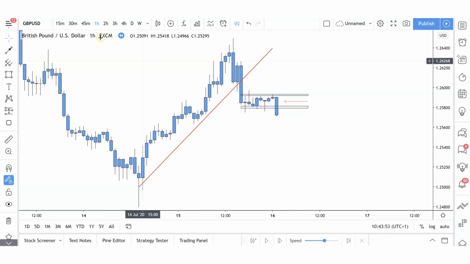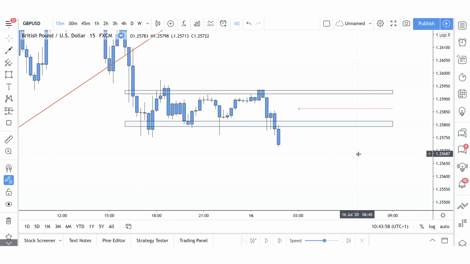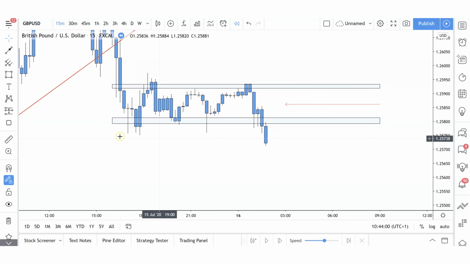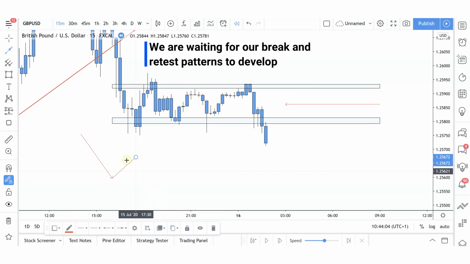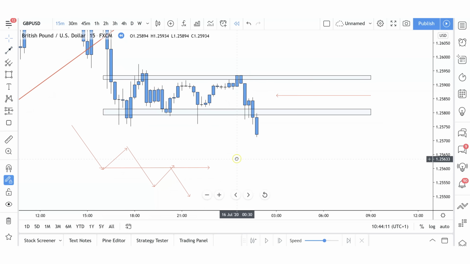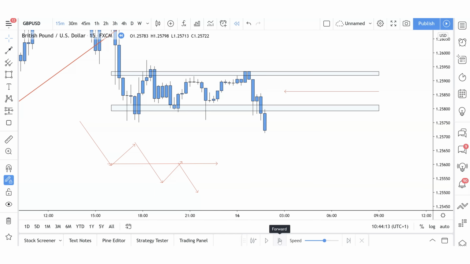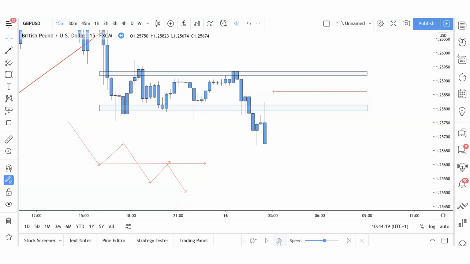So now what do we do? Well, we're going to scale down to our entry time frame, which in this occasion is the 15-minute time frame, and we are waiting for our break and retest patterns to develop. That's it. That's how we trade, break and retest. So now looking at this, we're not taking a trade yet because at the moment the market is in a strong push phase. So we are just simply waiting patiently for the market to come back, create a retest of